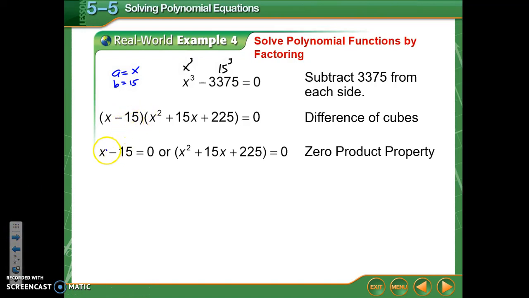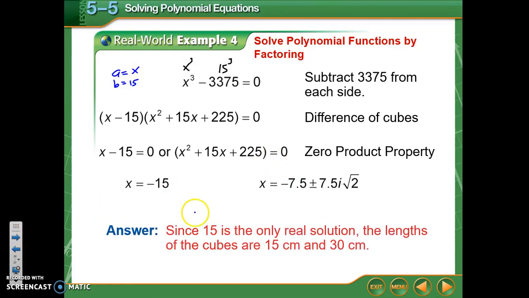Set each factor equal to 0. x minus 15 equals 0, or x squared plus 15x plus 225 equals 0. When I solve the first one, I get 15. When I solve the second one, using the quadratic formula, we're not going to go through that right now, I get a complex number. 15 is the only real solution in this case. So that means the length of the sides of the small cube was 15 and the larger one was